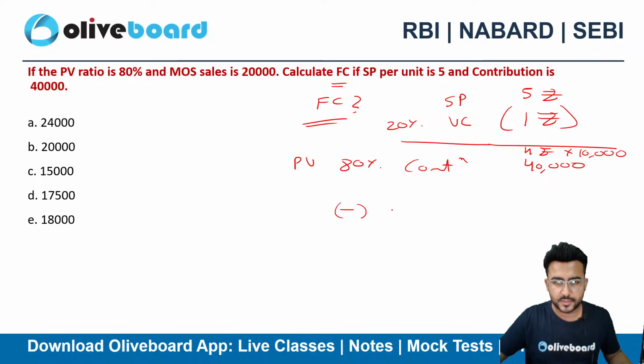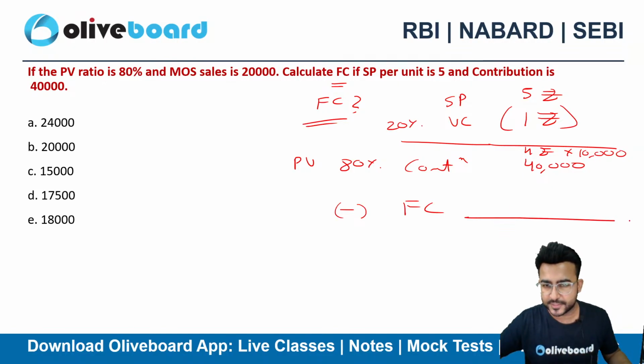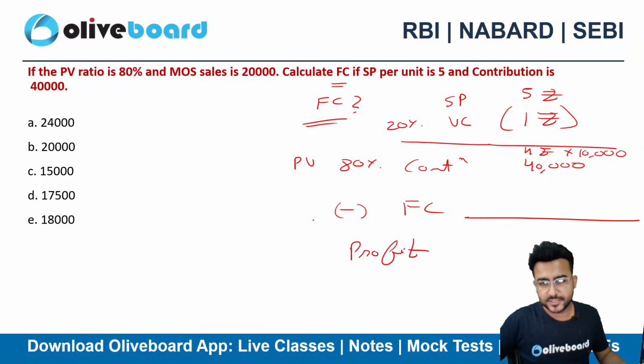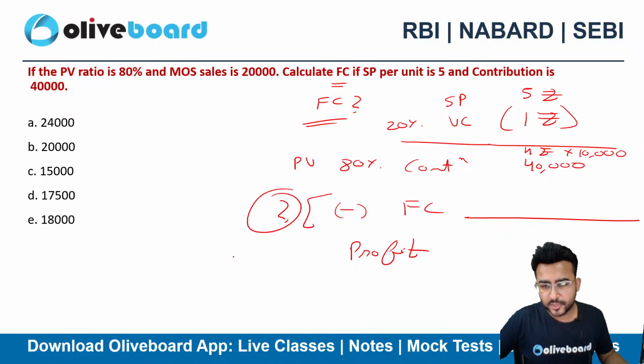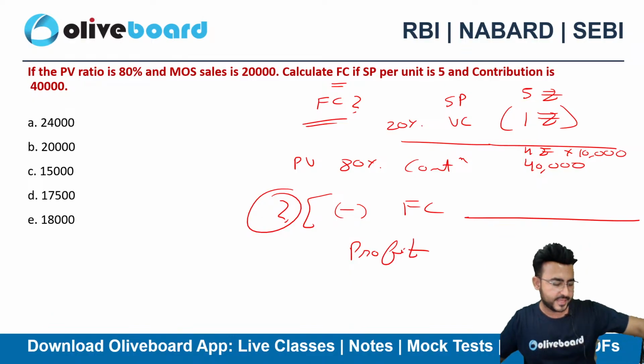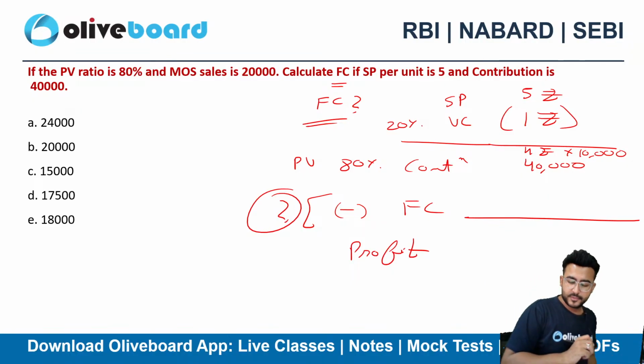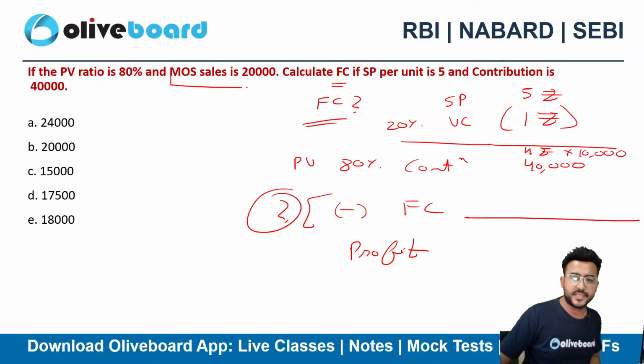Do I know the fixed cost? No, I don't know the fixed cost. Do I know the profit? अब fixed cost निकालनी है, so you need to know the profit. What do you think, guys? How can I compute the profit directly? Any suggestions? Is there any way so that I can directly compute the profit? They have given me the margin of safety sales,